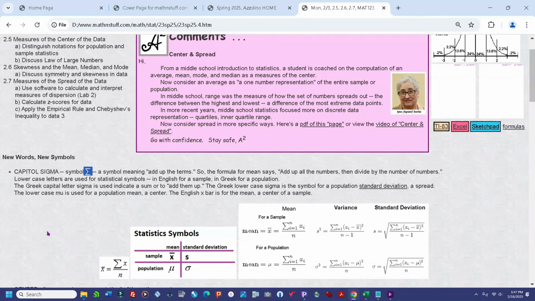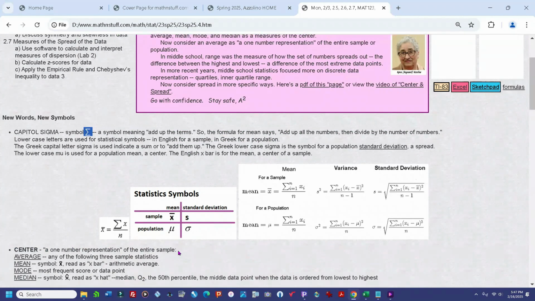The capital sigma is a Greek letter, and we use the capital sigma for an operation and in an expression. And Greek letters, lowercase letters, are used for population parameters, and lowercase letters in English are used for